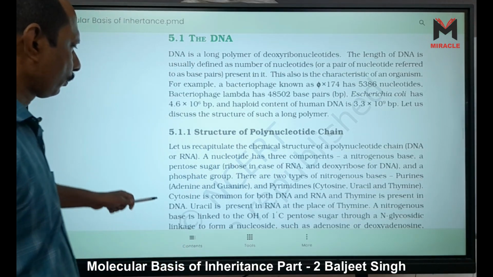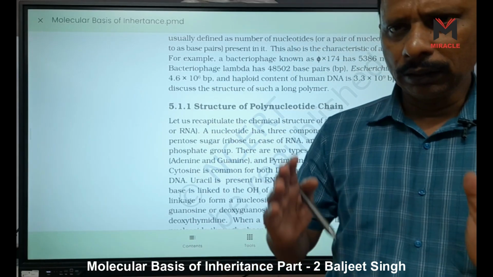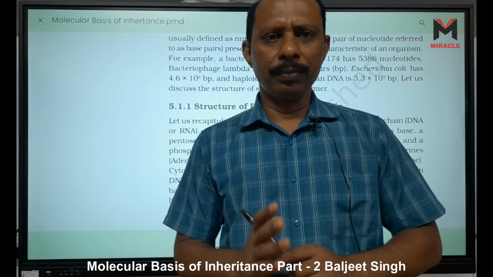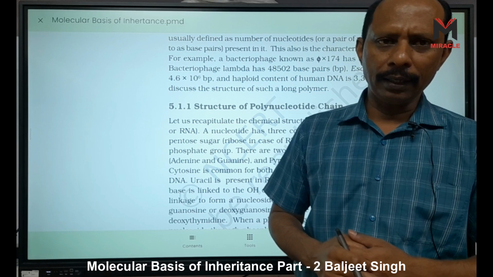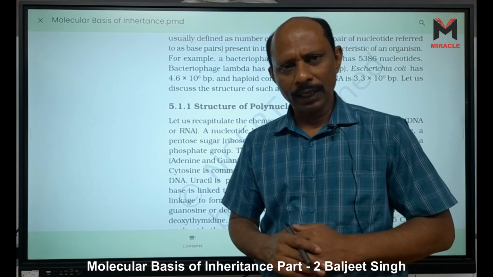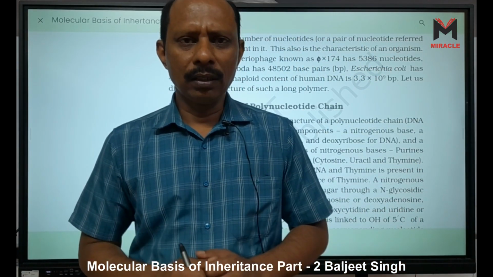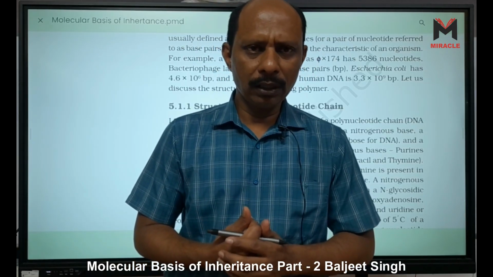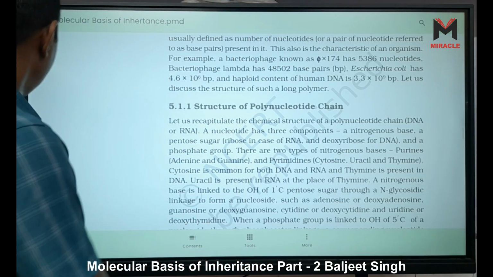Now here, some other points are also there: how a nucleotide chain is formed. We can say how a DNA single strand is formed, either DNA or RNA. Today, first I will tell you how a strand is formed, right? Then how the two strands connect with each other through hydrogen bonds, we will also discuss next time. Okay, so first, here,